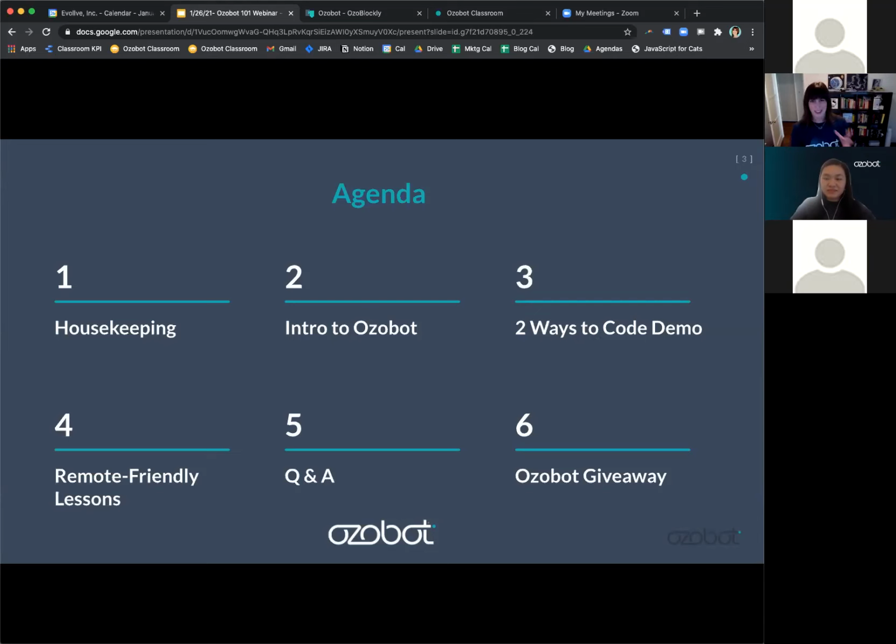So what we're going to cover today, we'll start things off. Melissa's going to cover housekeeping and details for entering our giveaway, very important. From there, I'll go over an introduction to Ozobot, and I'll demo a hands-on demo of our 2 ways to code. Then Melissa is going to take the reins again and talk about our new remote-friendly Learn Anywhere lessons.